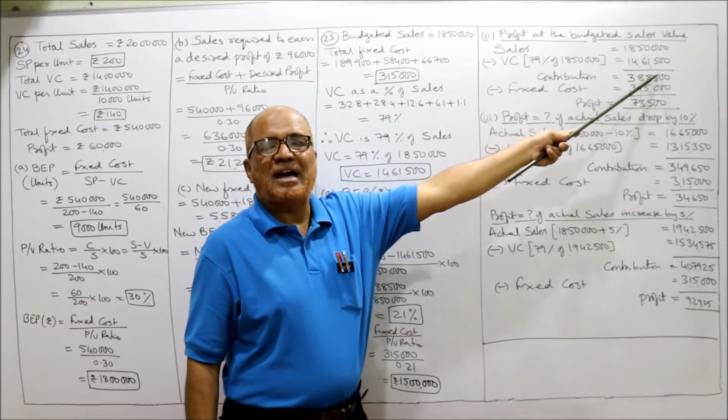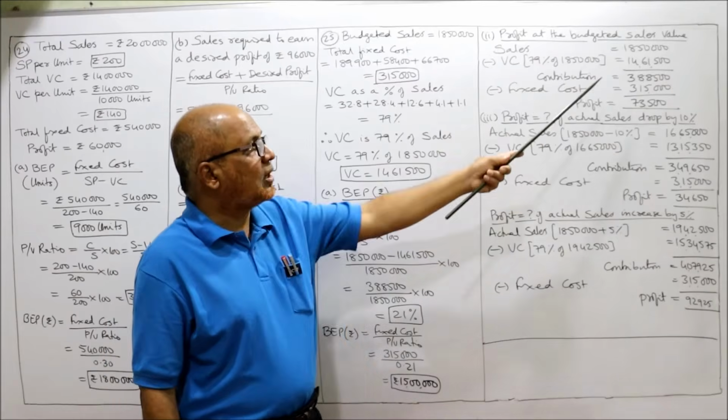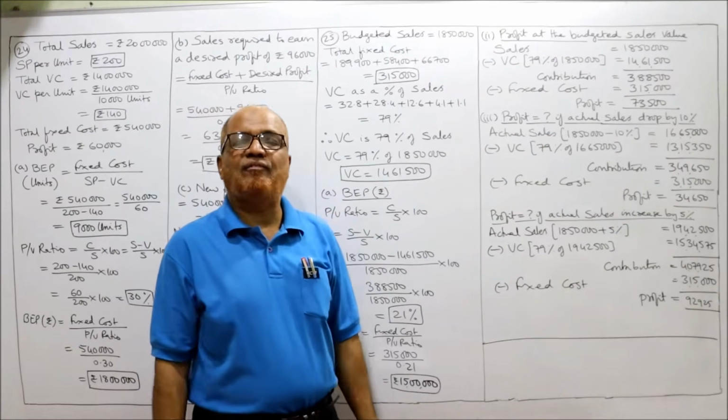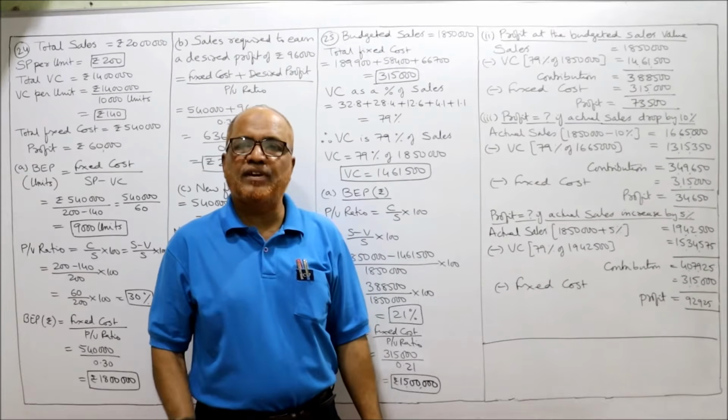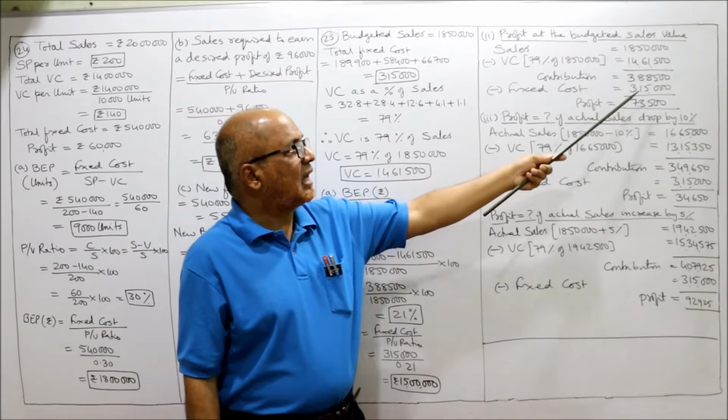So sales minus variable cost, you will get the contribution. So we got contribution 3,88,500. From contribution we subtract the fixed cost. The fixed cost will remain same. So 3,15,000. Subtract 3,15,000,